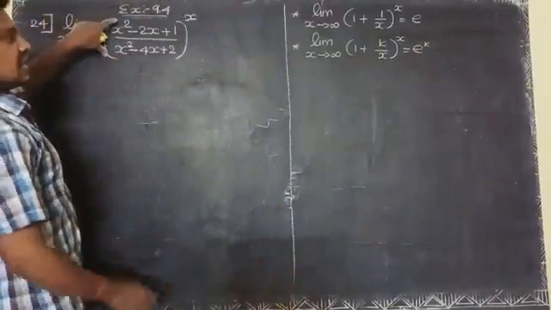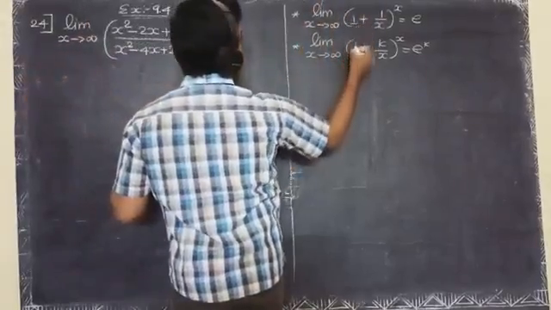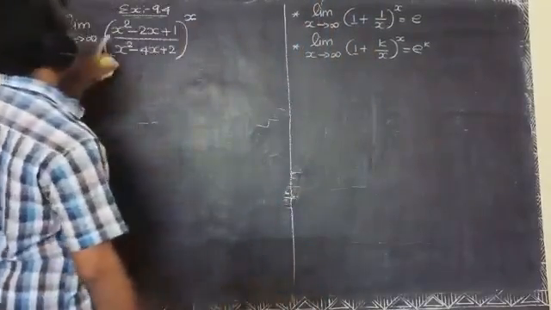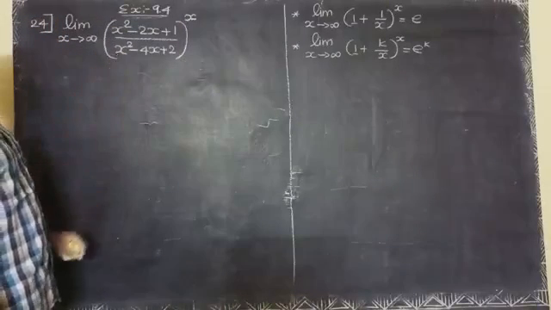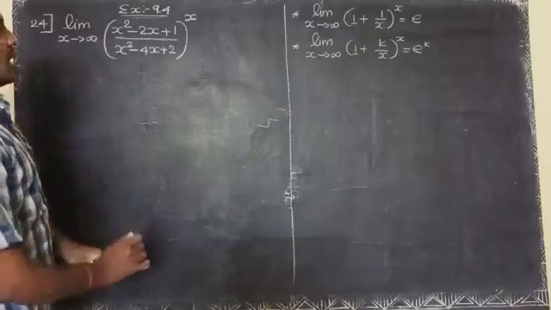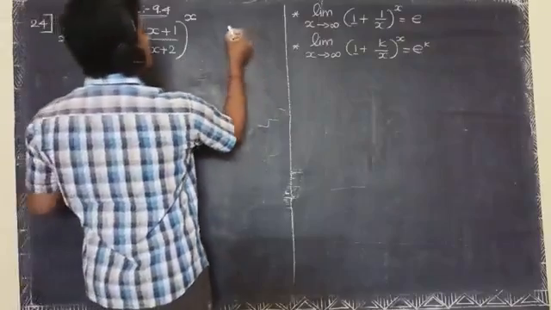The given function can be changed to this structure. In the first term we have 1, but here it is x square, and the denominator is also x square. So, using the division algorithm,